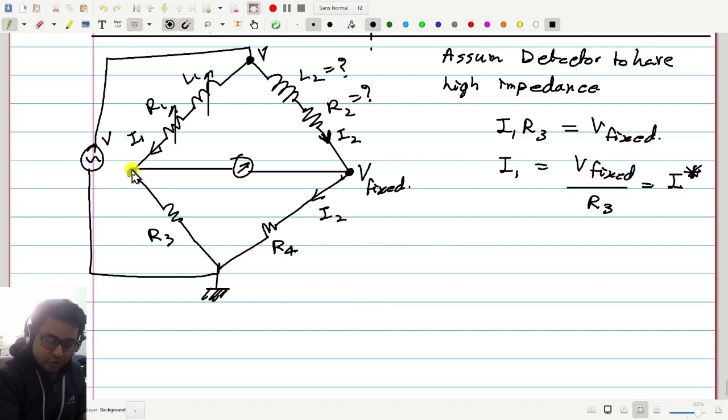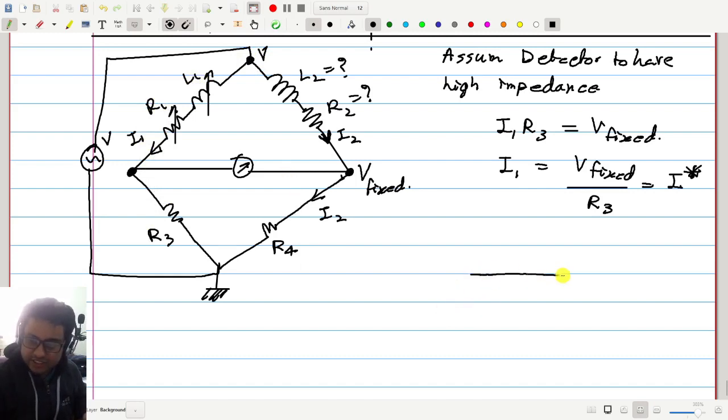Yeah, okay. So we are adjusting only I1, and basically the target is to adjust R1 and L1 to get I1 equal to this I1 star, whatever the value of I1 star may be. Now let us see how I1 changes as we change R1 and L1. V is fixed. Okay, now let us draw some phasor diagram.